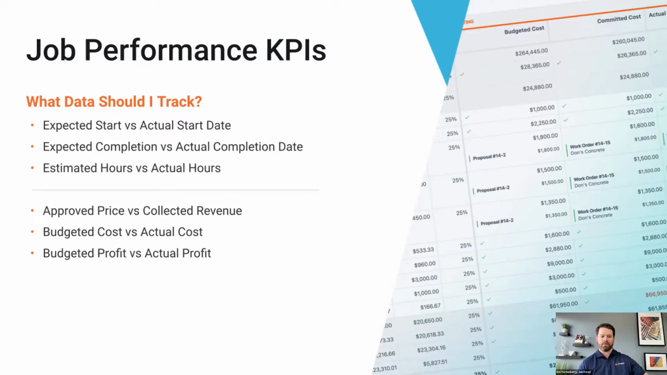So again, like I said here, budgeted profit versus your actual profit. You sold the job at X. What did you actually end up at for that job? These are just so important to be able to do. When I took over the GC